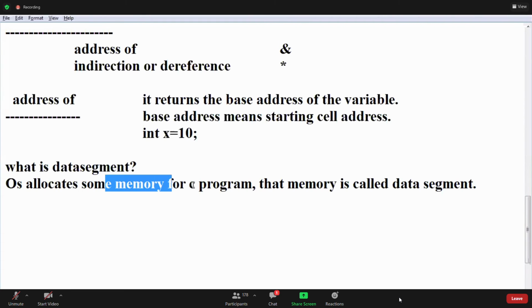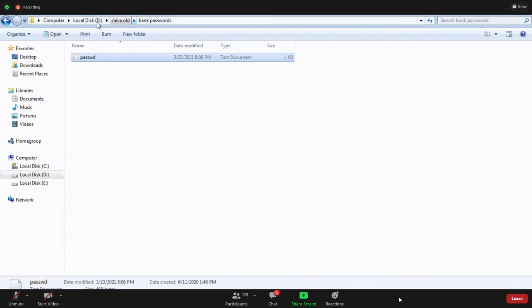The OS allocates some memory for a C program. That memory is called the data segment. I will give a data segment diagram. Guys, draw the data segment diagram.